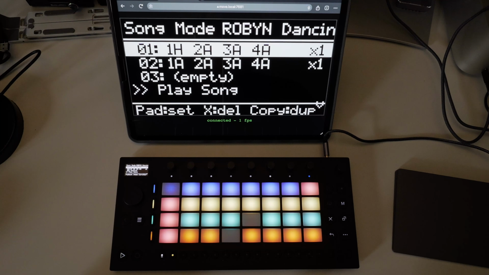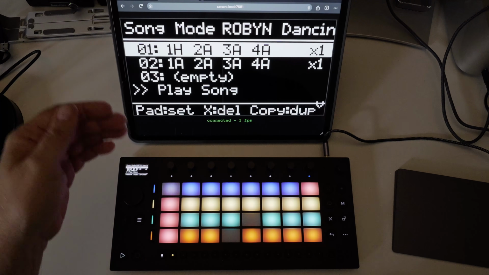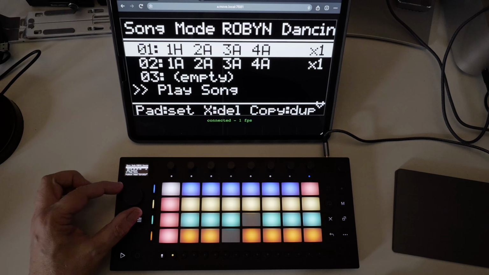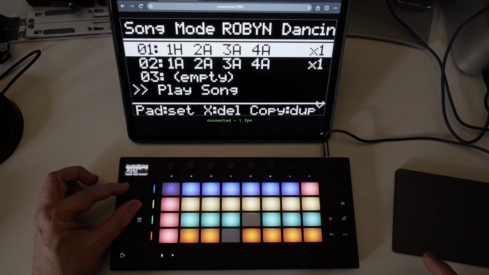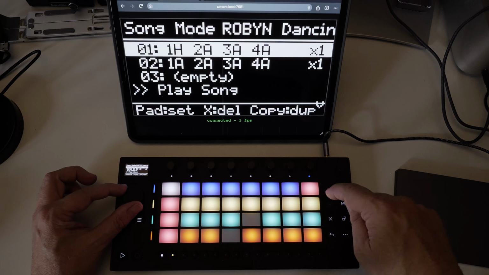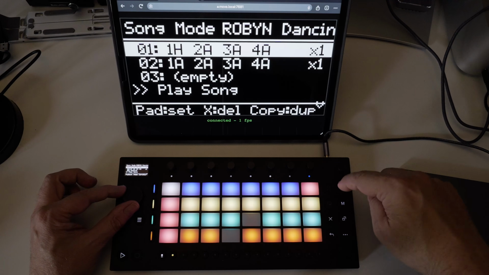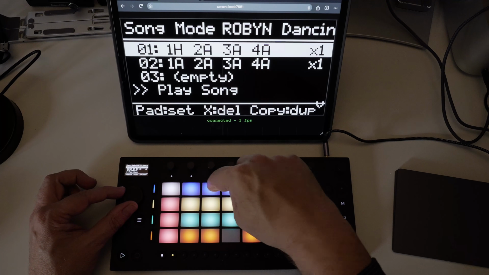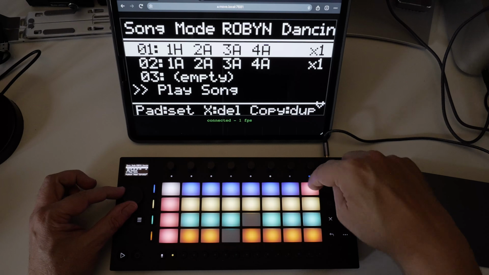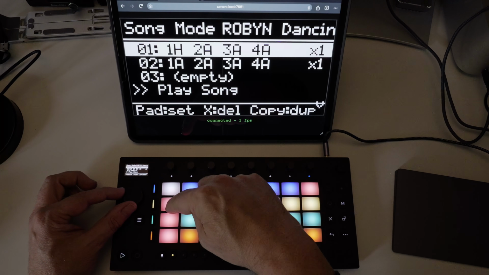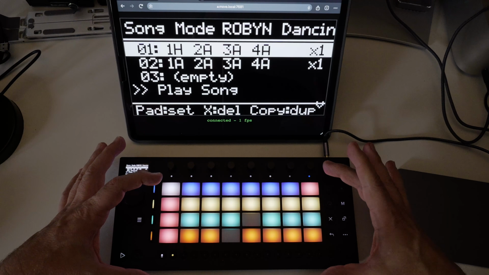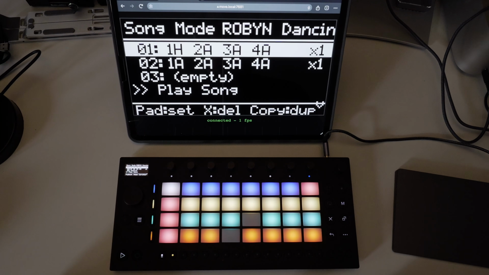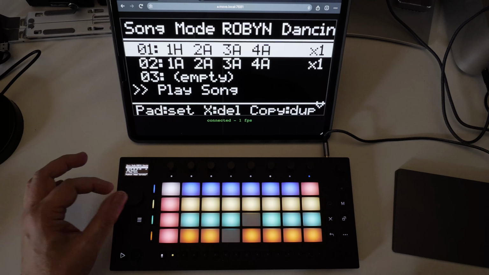So basically what you've got is a series of steps, and I've programmed the first two. So what it does is highlights in pink which ones have been selected. So you can see that I'm starting this song with 1H, A, B, C, D, E, F, G, H, 2A, 3A, and 4A. And it uses that number and lettering system basically to show you, as well as showing you visually on the coloured grid.